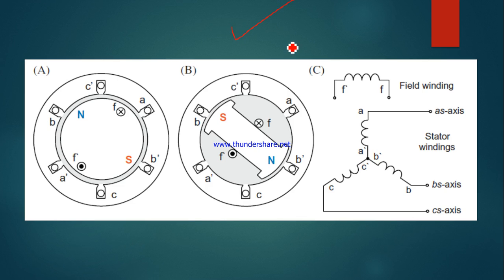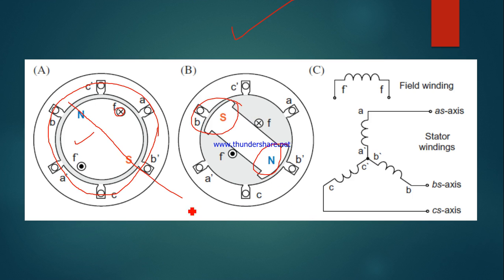This is the construction of a permanent magnet synchronous machine. As you know, these are the stator coils, and your rotor field will generate in this way, and these are the field windings, and of course it's a cylindrical rotor. And here, as I told, in the case of a salient pole, the poles are projected. You see here the two rotor poles are projected. That's why it is called a salient pole machine. Normally people will use the cylindrical rotor machine.